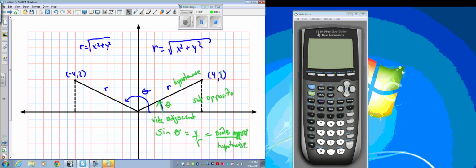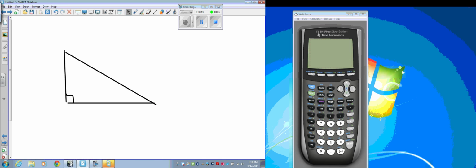So the way we're going to define this is that there are actually two acute angles in the right triangle. There's this one, and then there's this one. Correct? So if I call this one theta, and I'm going to call this one alpha,